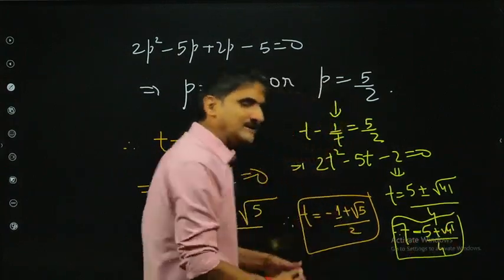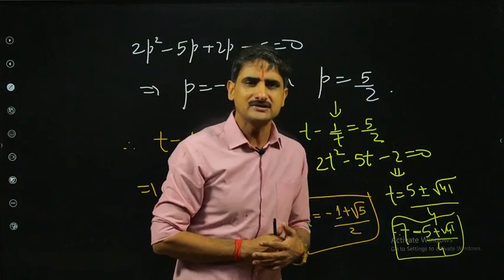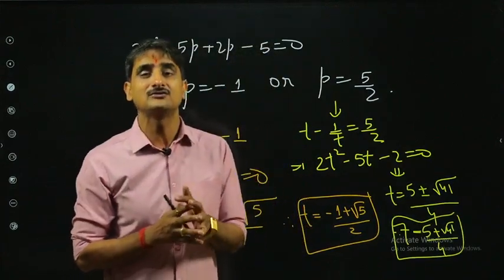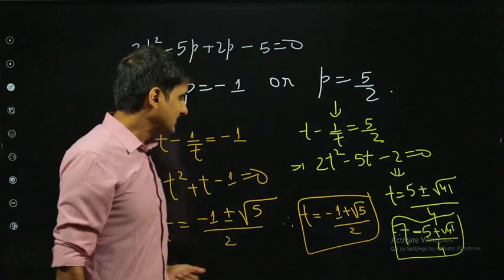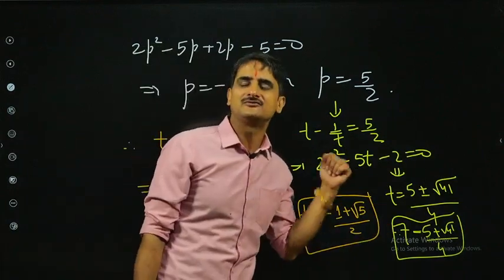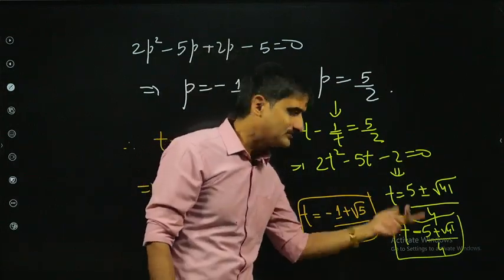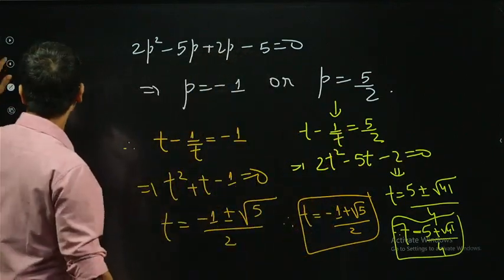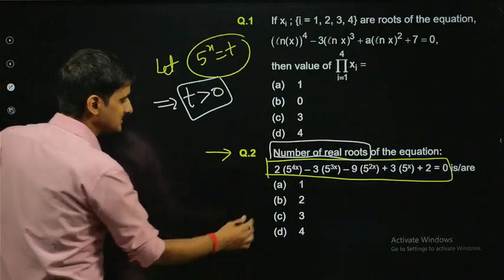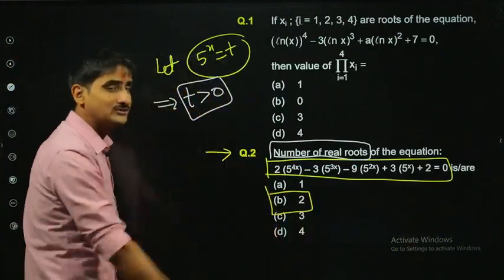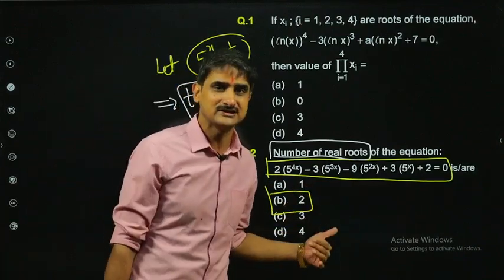See, what we get is not important. What's important is that we actually have to just figure out how many real roots we have. So the number of positive values of t, the positive roots for t, are our solution. We just got two positive t, which are the solution of this equation. So the answer should be, we have two such roots of this equation.